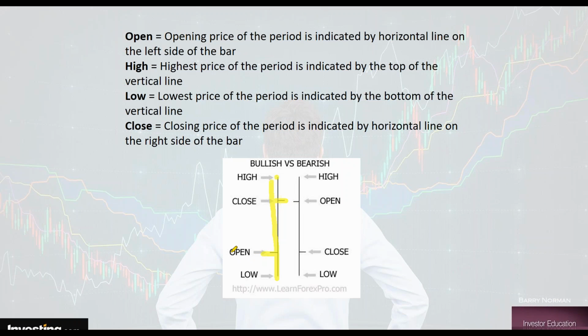Now, if you stepped up, or climbed up the ladder, from the open to the close, that is a bullish time segment. It's not telling you how the markets are moving, it's just telling you it's a bullish time segment. And it tells you that the bulls were in control in this time frame. If you do the opposite and you still put the dash to the left for the open, but when you put the dash to the right for the close, you step down the ladder from the open to the close, that is a bear sentiment. So that tells you that the bears dominated the market during that session. Also,